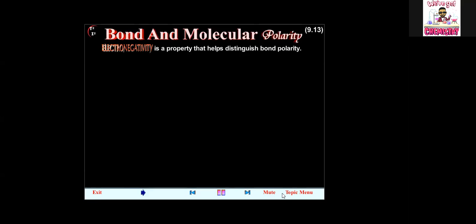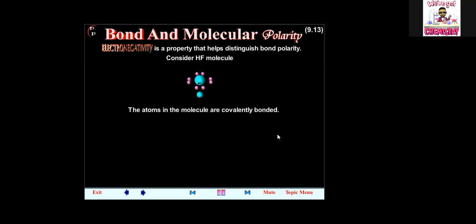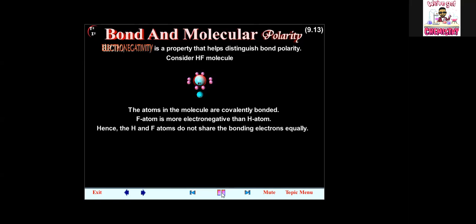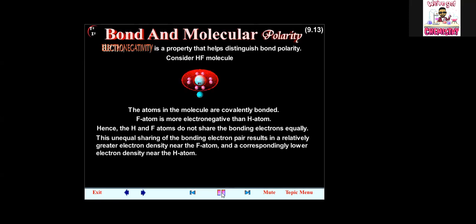Electronegativity is a property that helps distinguish bond polarity. Consider the hydrogen fluoride molecule. The atoms in the molecule are covalently bonded. Fluorine atom is more electronegative than hydrogen atom. Hence, the hydrogen and fluorine atoms do not share the bonding electrons equally. This unequal sharing of the bonding electron pair